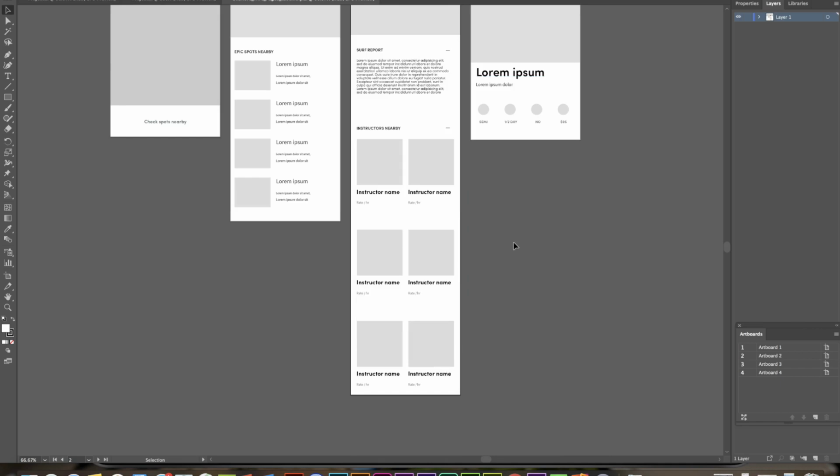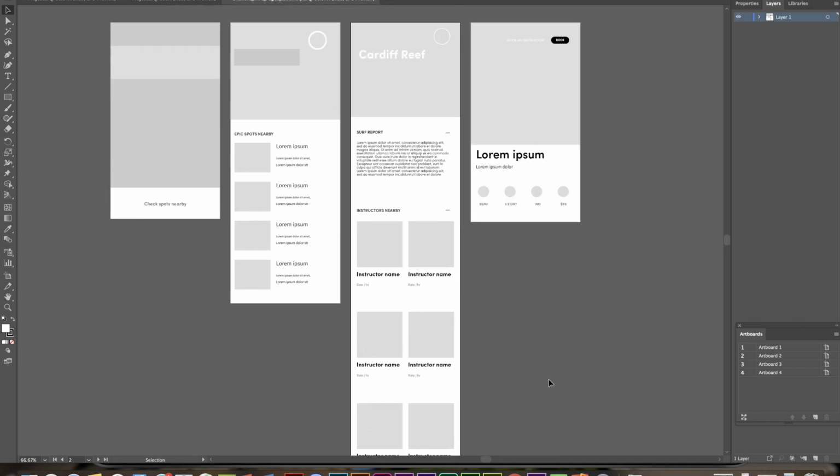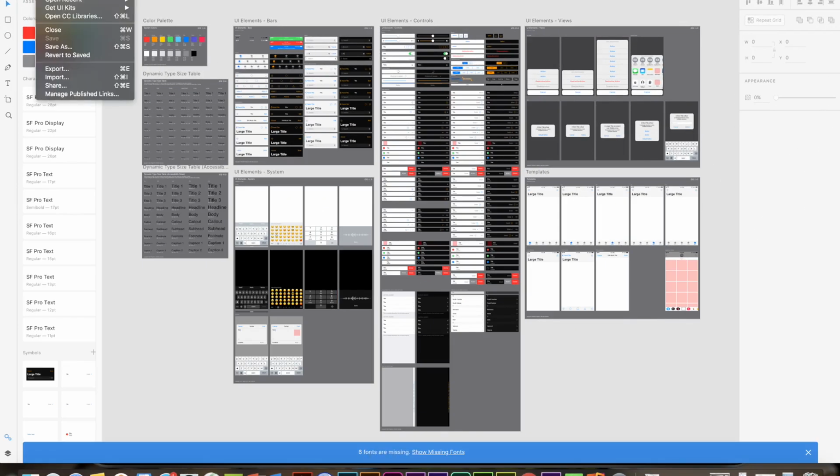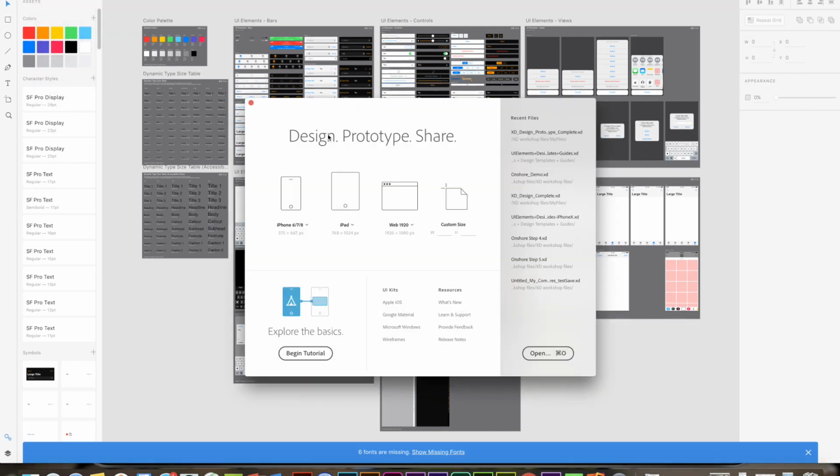Now what I'd like to do is take these designs into XD and start putting this app together. So let's come to XD here, and I'm actually going to open up a new file. Let's say iPhone 6.7 should be fine. And then within here,